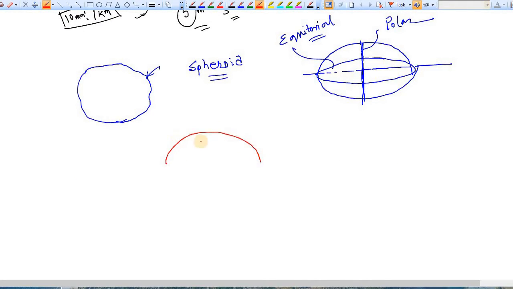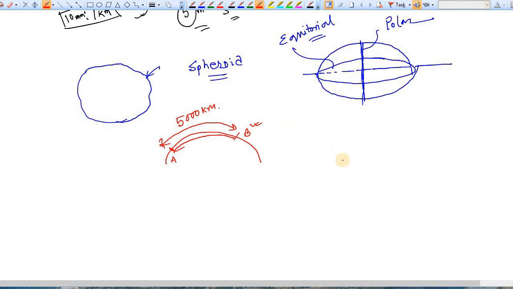Okay, now consider the earth. Let's say this is the earth surface. Now consider point A and point B. The distance between these points, let's say along a curvilinear path, is, suppose, 5000 kilometer. So if you measure this length, of course the tape or chain, whatever you use, has to be curved. You cannot measure the straight line path between A and B.